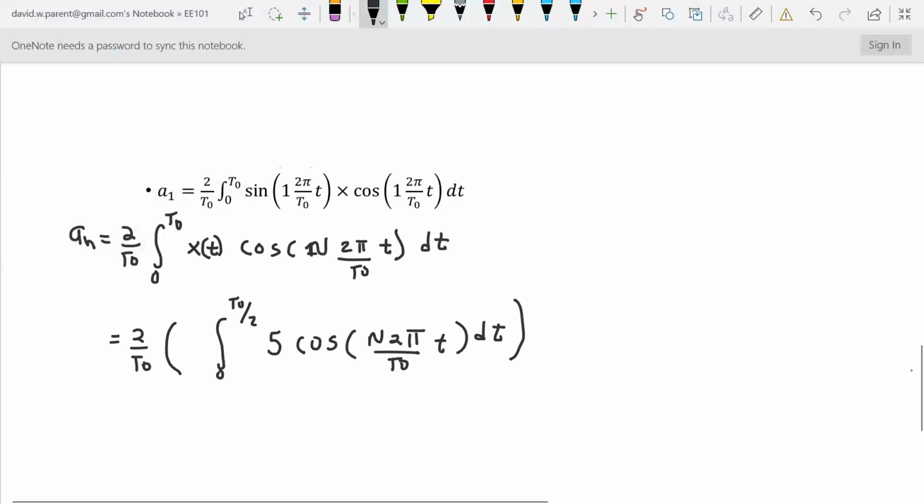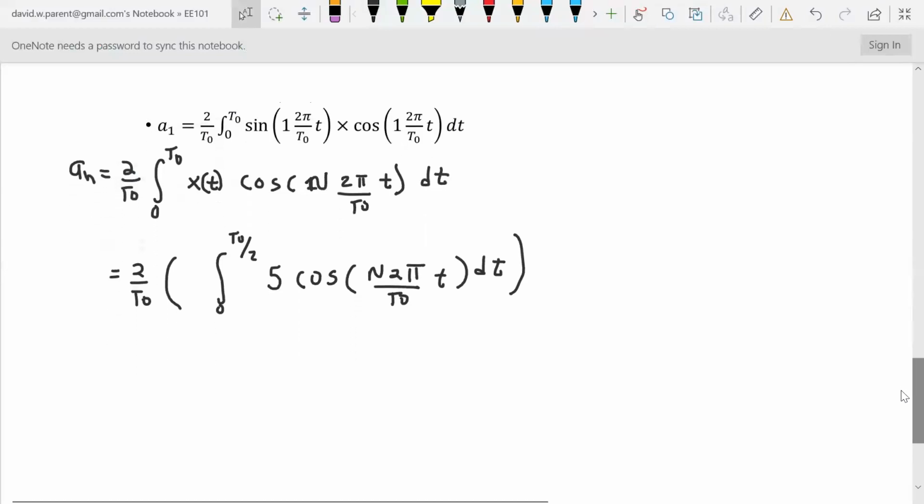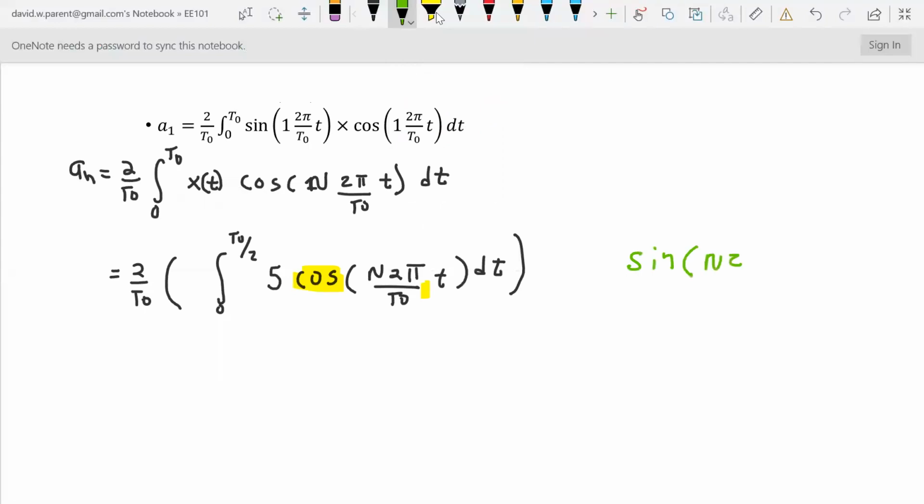Now I want to take a shortcut. We're integrating cosine, all right? And we're not multiplying it by anything else. So that means we're going to get sine, right? 2 pi t. Sure, we're going to get these other parts here, and things go minus and they go negative. But